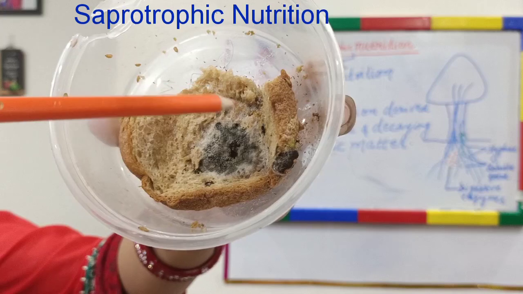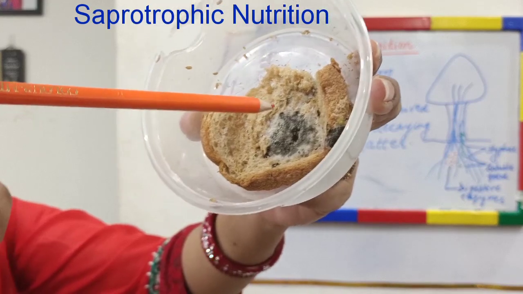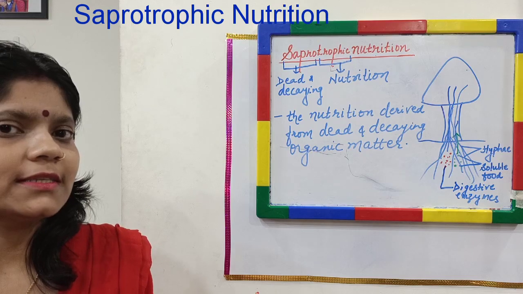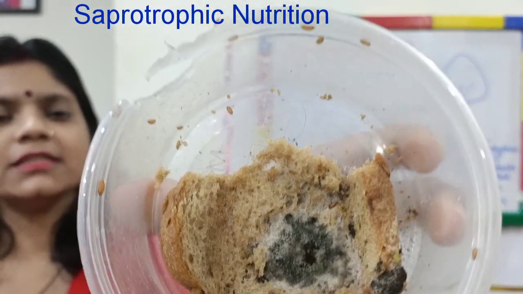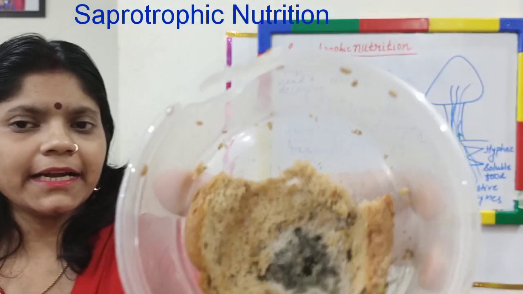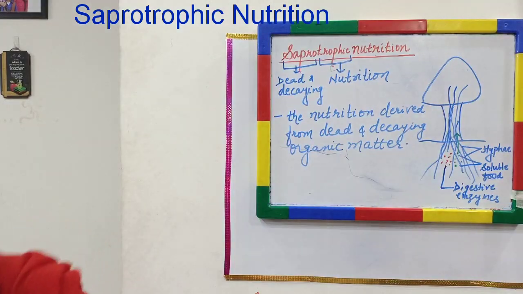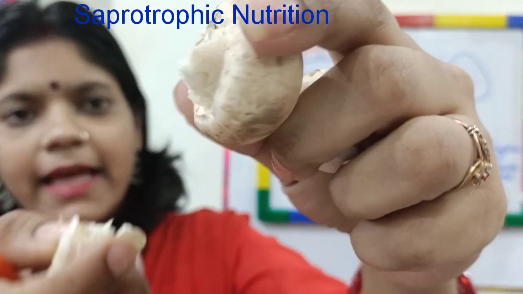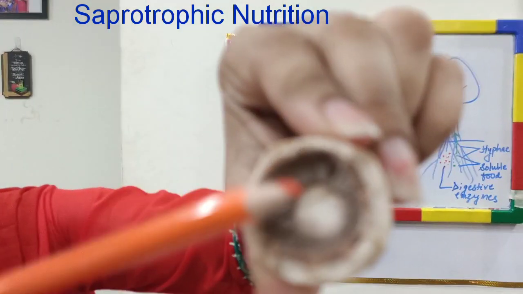You might observe these patches. You may also do this activity. Now, you may wonder from where have these patches come? Because earlier there were no signs of these patches. There was no sign of fungus. So how did it come? For understanding it, I would like to show you one structure of mushroom. If you break it into pieces and remove the inner part of it, you may find these structures.